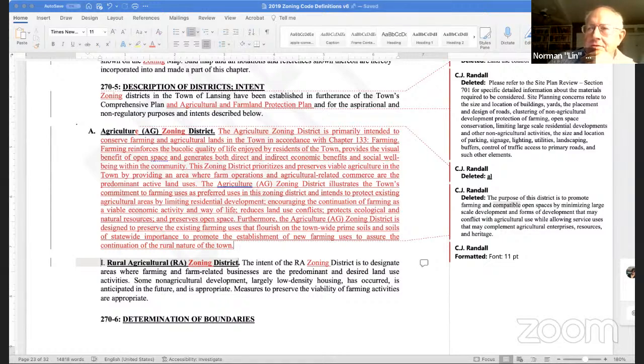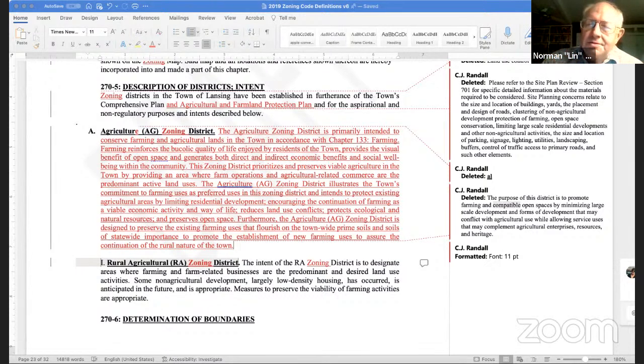I don't think that's anything we can really decide, if you want to spend all night, but I think that's something that might be an idea to crystallize into something. And the other thing is to approve a cluster model that allows reduced lot size and keeps and preserves farmland, but deals with these questions of where the well is and where the septic system is.